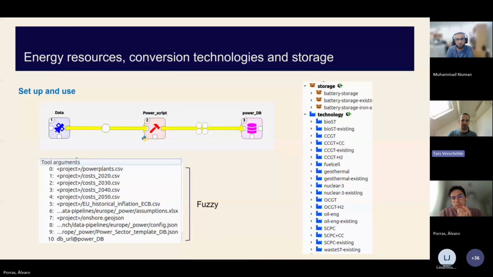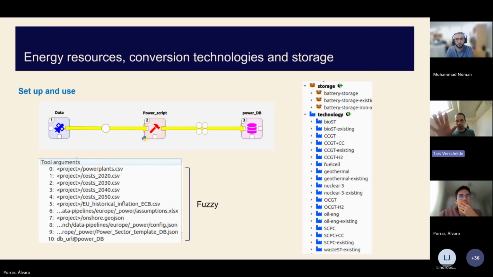As Álvaro said in the beginning, you have your data source, the blue box. You have your tool that extracts the data in the red box, and then in the pink box we have the eventual data that will be sent to the Ines builder in your workflow. As for the data, we have here a lot of tool arguments. You see the power plants from power plants matching. You see the costs from the technology data repository from PIPSA, and then some other configuration files and such. And we'll go into detail about that a bit later on.